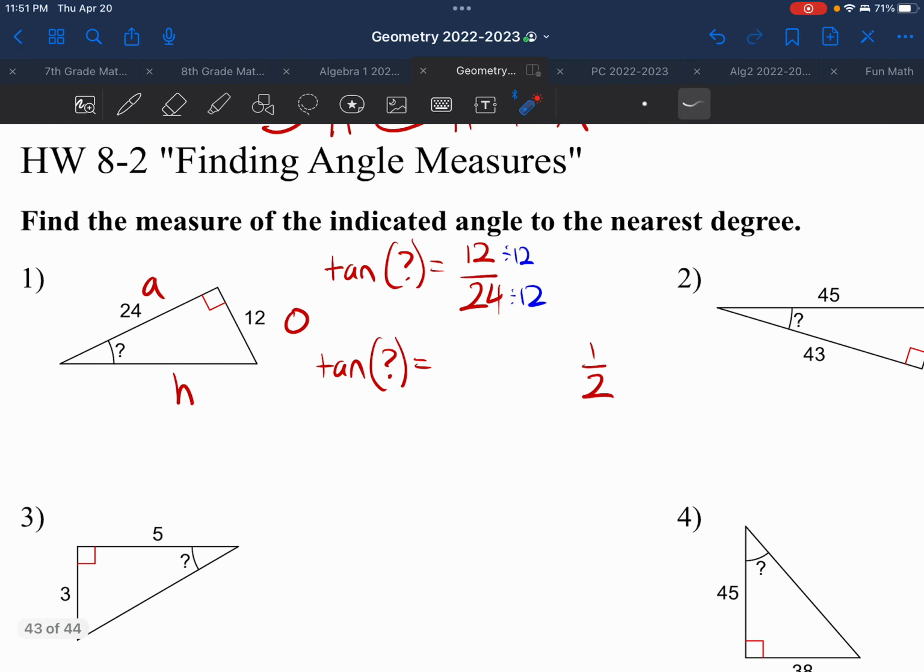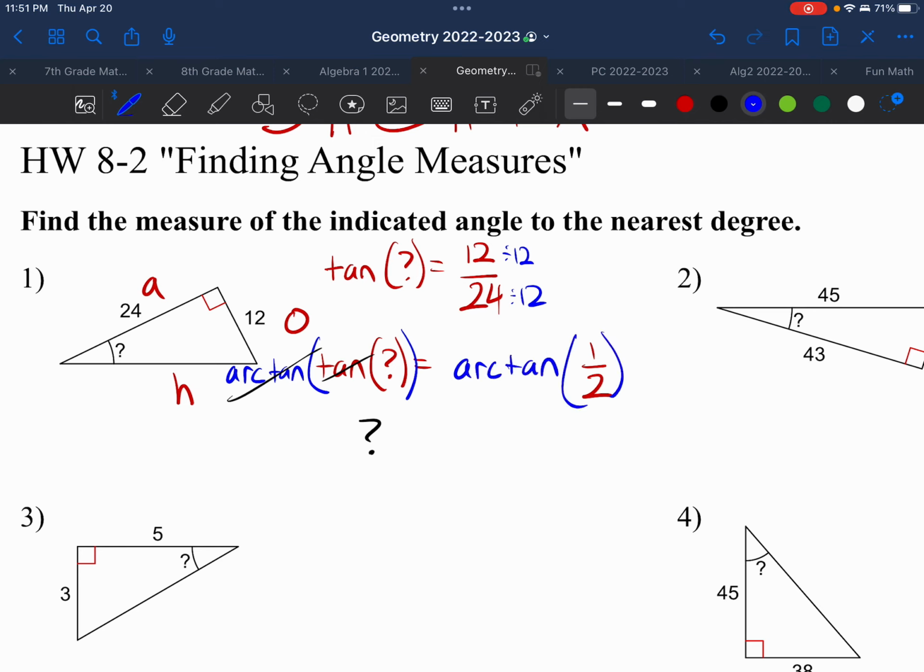And finally, I need to get question mark. I need to find that angle. To find that angle, I'm going to undo tangent. The way that we undo tangent is with the arc tangent. Arc tangent of tangent will cancel out the tangent, leave me with a question mark. But whatever I do to the left-hand side, I also have to do to the right-hand side, and this will also be arc tangent of the right-hand side, which means question mark is equal to arc tangent of a half,